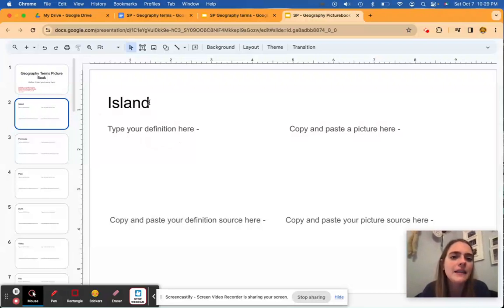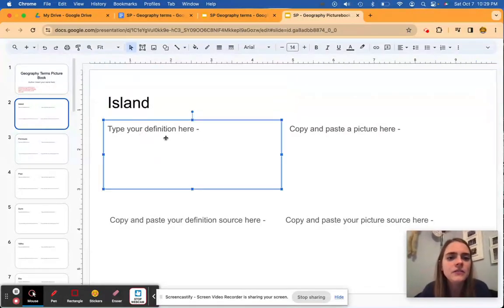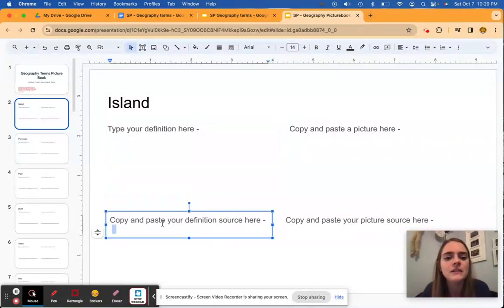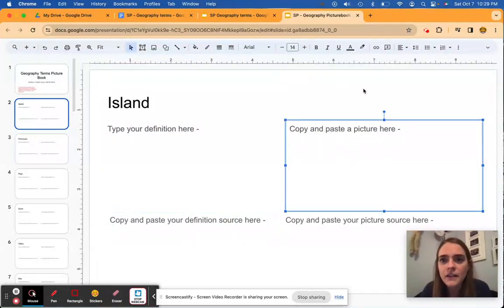Okay, so this one, island, right? You're going to type your definition for island in this box, and that definition you're going to get by researching. And then of course, if you're researching, you're going to give me what website you got it from. I also want a picture of an island. You get to choose whatever picture you would like, but it would be good if it's an actual photograph this time, not some sort of cartoon picture, right? Because I want to know that if you saw one of these in real life, you would actually know what it was. I just said "a lot of times" in that sentence. Hopefully it made sense.